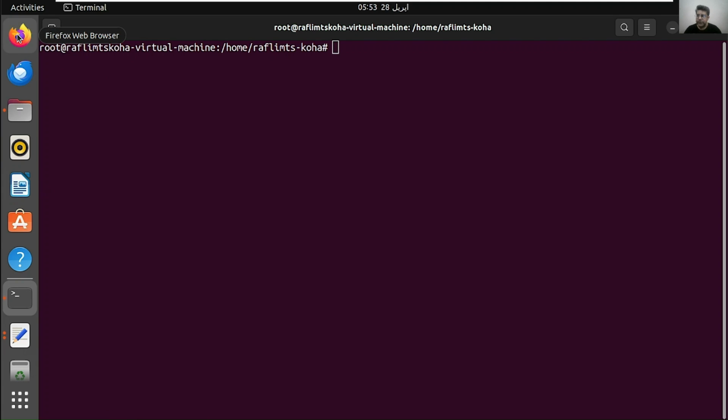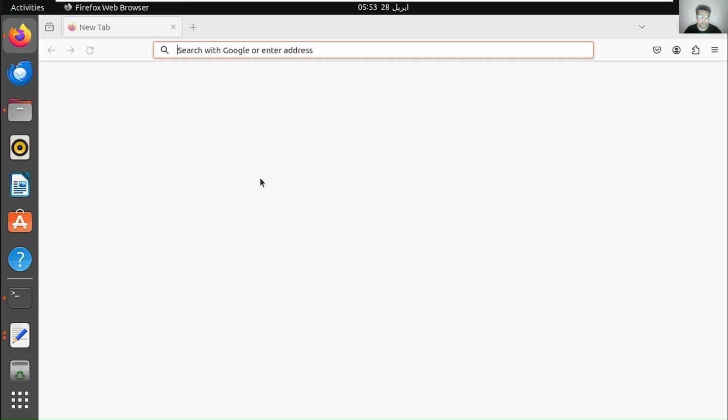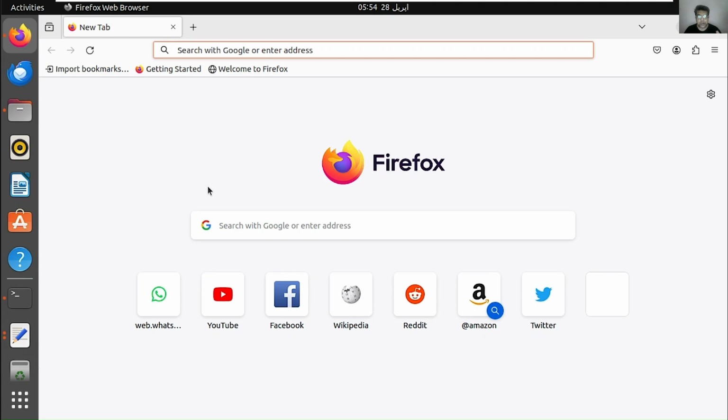Okay, now let us open the web browser, and there we need to perform the web installer. The web installer is always done manually because we need to select certain things. We need to select language, database setting, mark flavor, and some frameworks we can select. There are lots of things, and we need to set an admin account there. So the web installer and onboarding tools we need to perform manually.